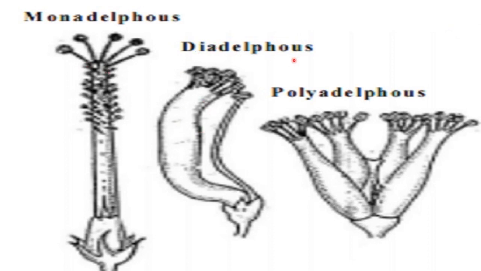Now the diadelphous condition, when two bundles are formed. You can see here one bundle, with more stamens present in it, and this one separate stamen here. So these two bundles are formed in the case of pea, like this. Such a condition is called diadelphous. Then the next condition is polyadelphous. You can see this beautiful condition. Here many separate bundles are formed, more than two bundles, by the joining of stamens, right? Such a condition is called polyadelphous.